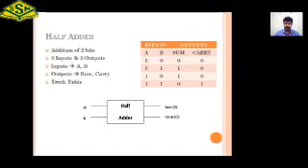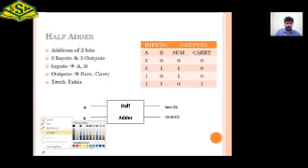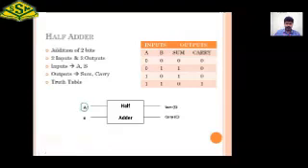The third step is we need to assign a symbolic name to each input and each output. As you can see on the screen, the first input has been named A and the second input has been named B, and similarly the output has been named sum, in simple it's called S, and another output is called carry, named C. Okay, till now we have concluded 3 steps.